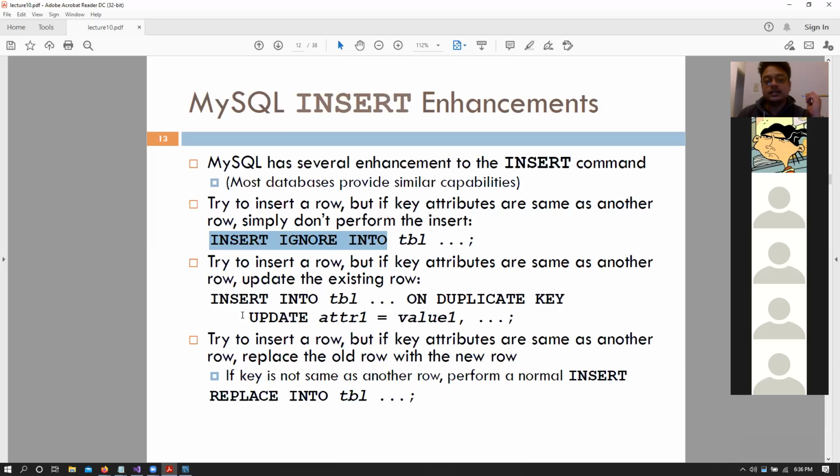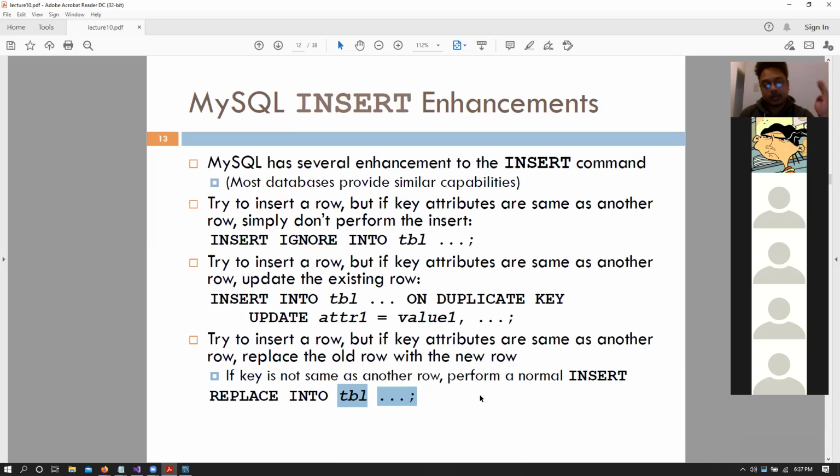It can also do an insert on duplicate key update. That is, if the row already exists or is a duplicate, we can update the values to something else in those attributes. This is something that we would want in terms of our bank loans, right? So if the entry already exists in our loan table, update the loan amount to the additional loan amount that we got. And finally, we also have an insert replace. That is, once you see that the key already exists, replace that with these new values. So the new values get rewritten into your table.